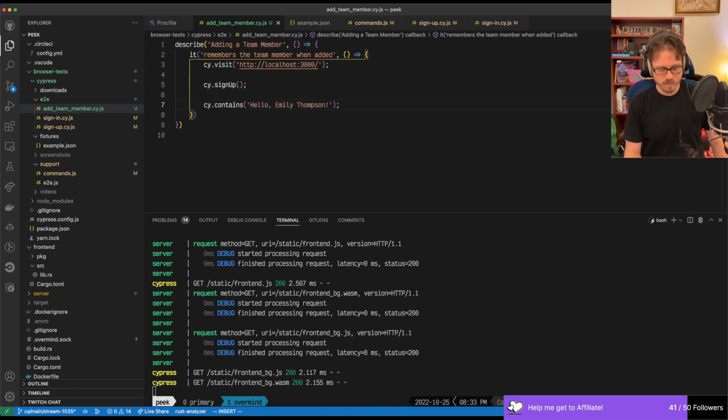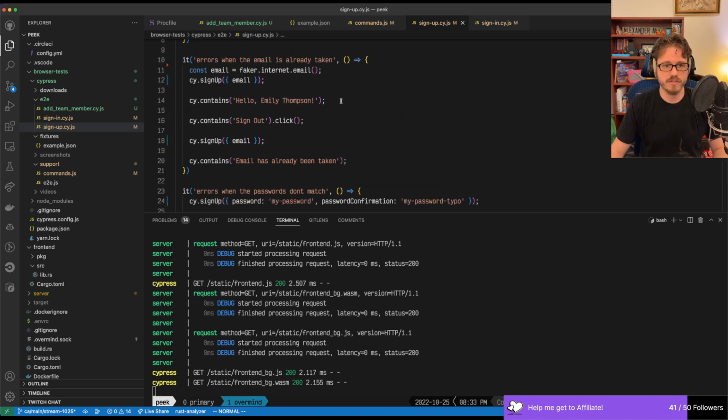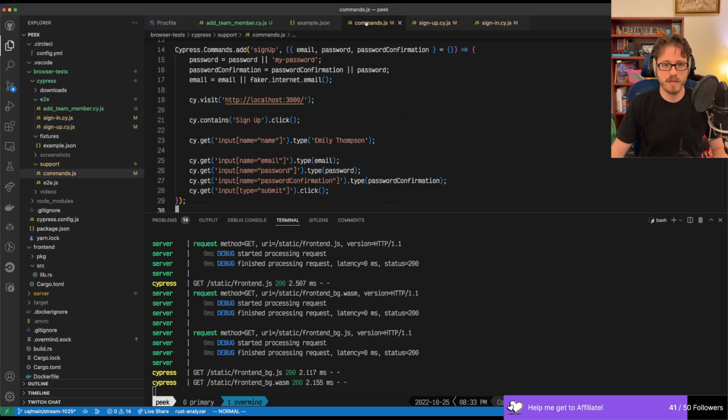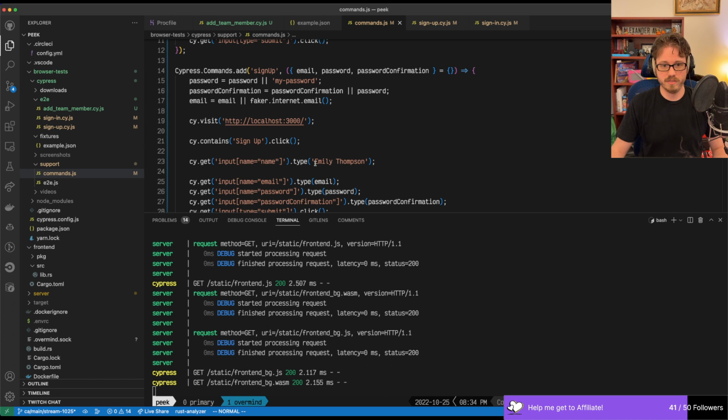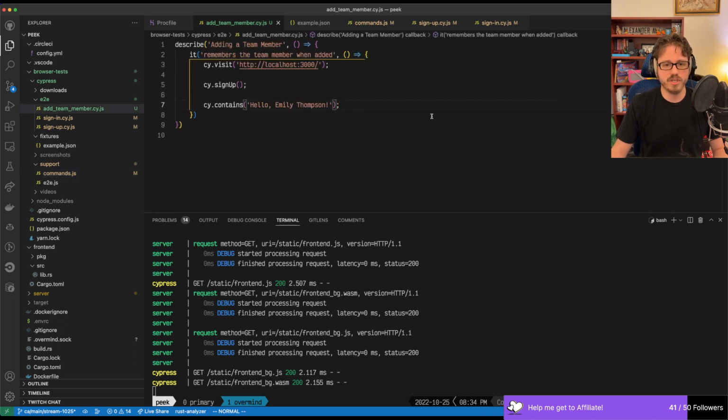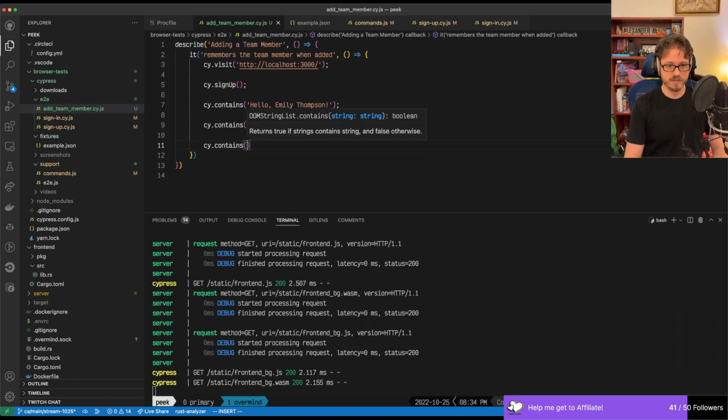And sure, I think the reason for that is I don't actually have a name in my sign up. It's just always Emily Thompson. But that works for now. We'll probably need to change that eventually so that we can pass something in. But now I want to do that, like, there is an add team member button, and we click on that. And then let's see, what do we want? Then I guess we'll want to say that there's a